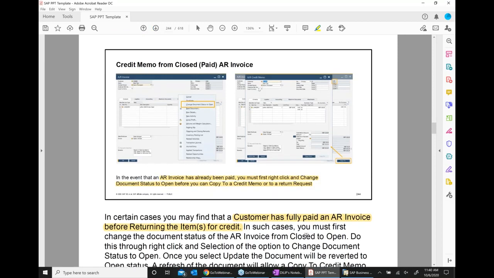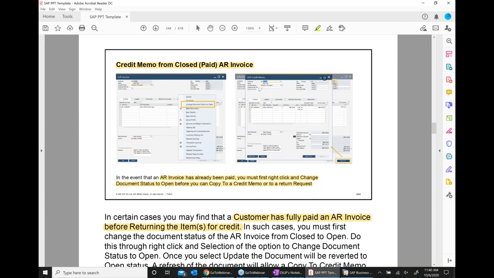Now here we have another situation: a credit memo from a closed or paid AR invoice. This is another interesting scenario. A customer can return after delivery.